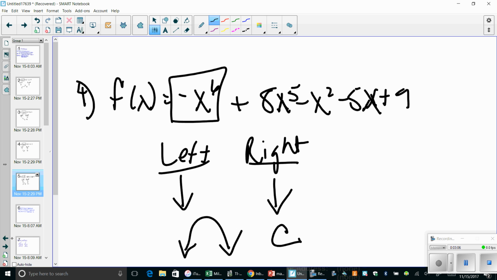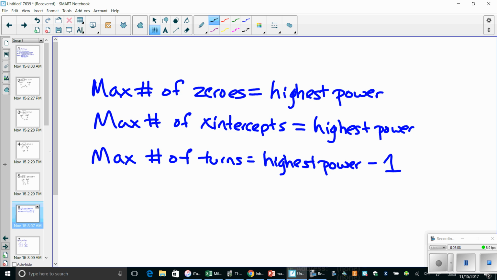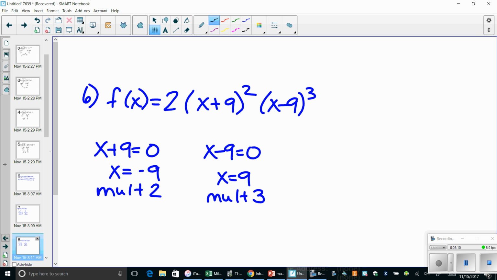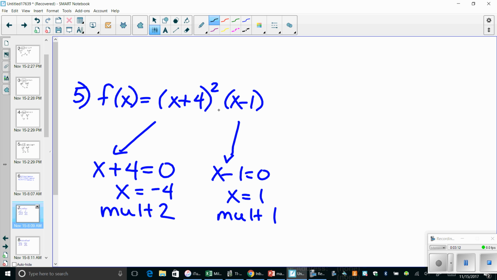All right, for number 5, let me scroll through. I'll come back to these. Number 5, we have x plus 4 squared times x minus 1. It's already been factored. So what we've got to do is set those factors equal to 0. So I'm going to put x plus 4 equal to 0. Subtract 4 from both sides, and I get x equals negative 4, and that would have a multiplicity of 2